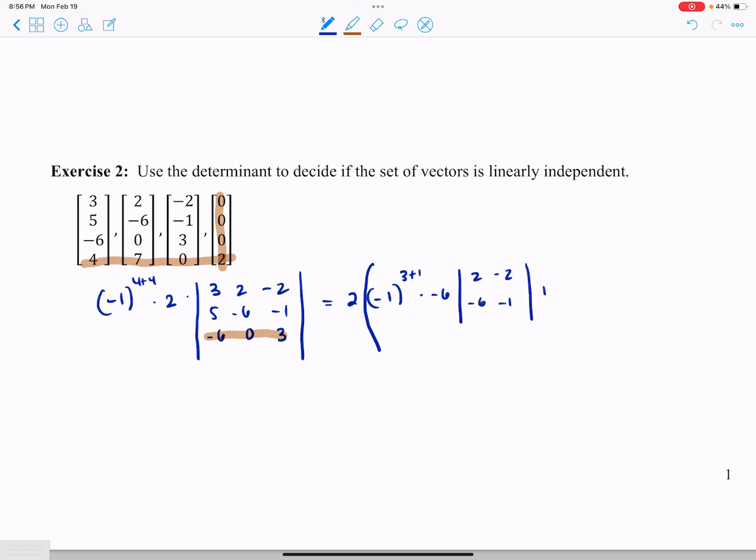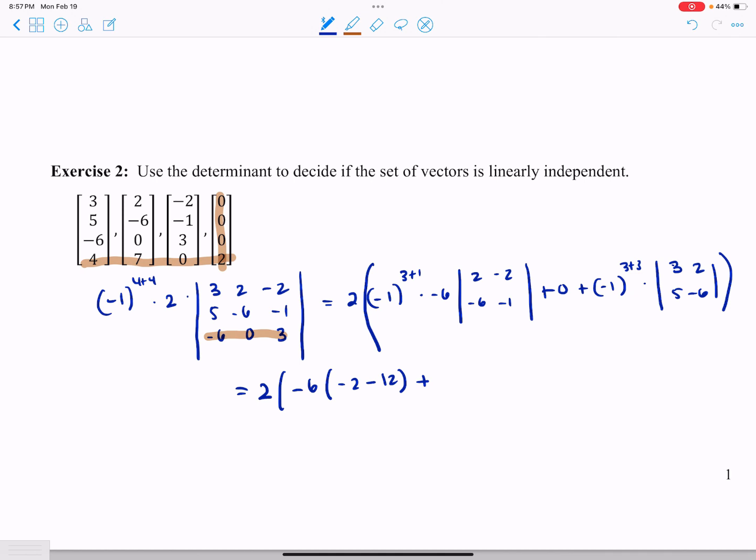I'm going to say plus 0 plus negative 1 to the 3 is in the 3rd row, 3rd column, times the determinant. When you cross off that 3rd column, you'll be left with 3, 2, 5, negative 6. Negative 1 to the 4th is positive, so I have a negative 6 times negative 2 minus 12